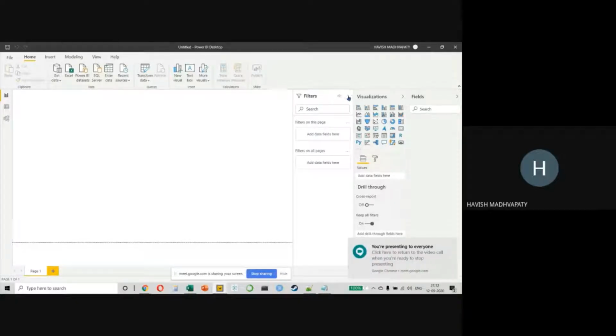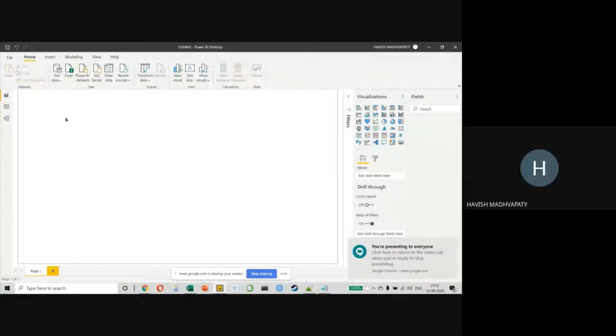The first thing I want to do is to connect to the data set. I'm going to take a middle road. Those of you who have already worked on Power BI, you know this part. You know how to connect to data sets. Especially the first years who have only worked on Excel, for you guys, it will be a little new. I would like to balance it out so that for those of you who are already aware, this is a refresher. And for those of you who are doing it for the first time, I hope you're able to follow with me.